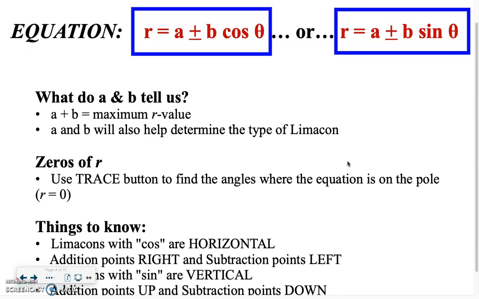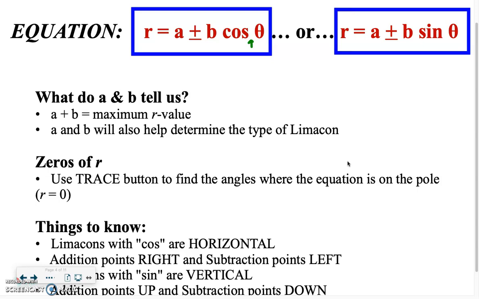A is the constant that is out front, that you're going to be adding or subtracting. B is going to be the coefficient that's in front of the trig function. I'm just remembering questions that people have had in previous years. What if we ever have a coefficient in front of theta? My argument there would be that, well, then it's not going to be a limacon. So again, we will not have that